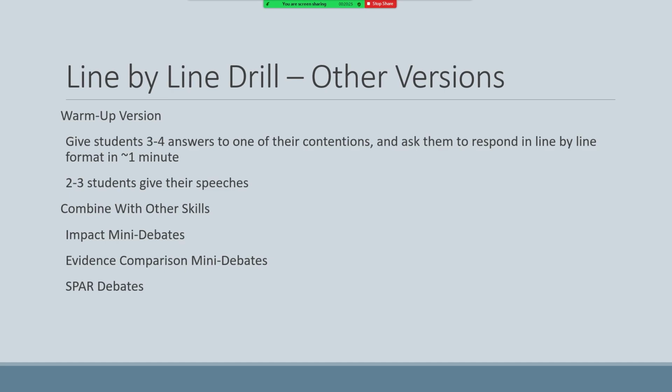And they would use the line-by-line format to make arguments for and against each piece of evidence. And then the last drill, and this is what we're going to do right after we finish with this line-by-line session, is what's called spar debates. Spar debates are basically short debates that don't really use evidence or research, and they focus on a silly topic. And the goal of them is to get people involved in a disagreement that they're interested in,